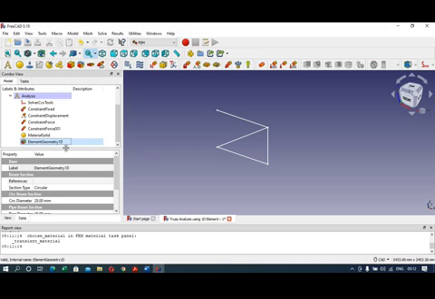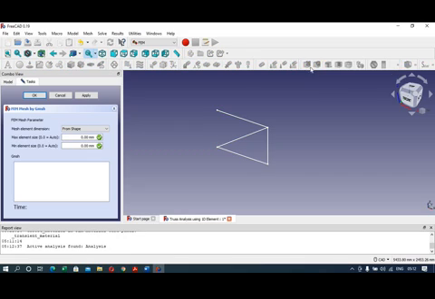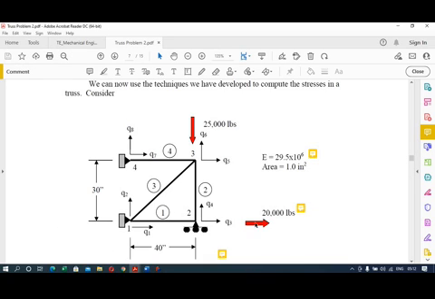So now after this we are going to apply the mesh. So sketch. So here you can click on this option, create FEM mesh from shape by Gmsh mesher. Okay. So from here you can select the 1D elements. So maximum element size. So the maximum size of the element is this member is having maximum length. So that length we will select.